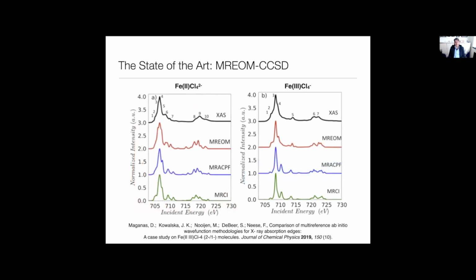Meanwhile, Dimitris has done a really pioneering study, and that was to apply multi-reference coupled cluster theory to these very same spectra of ferrous and ferric tetrachloride, and the agreement here is really beautiful. These are calculations that I do not recommend doing to anyone who isn't an expert. They are complicated, they are super expensive, and I don't think we could do anything much larger than these molecules that we have studied here. But they are available, and they show that the agreement with the experiment does improve. It gets very, very accurate here.